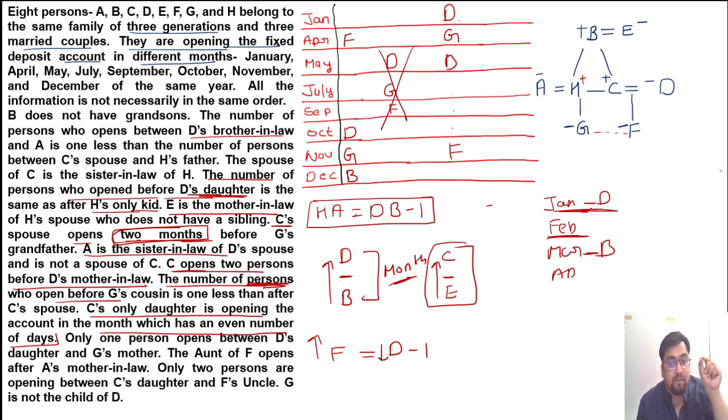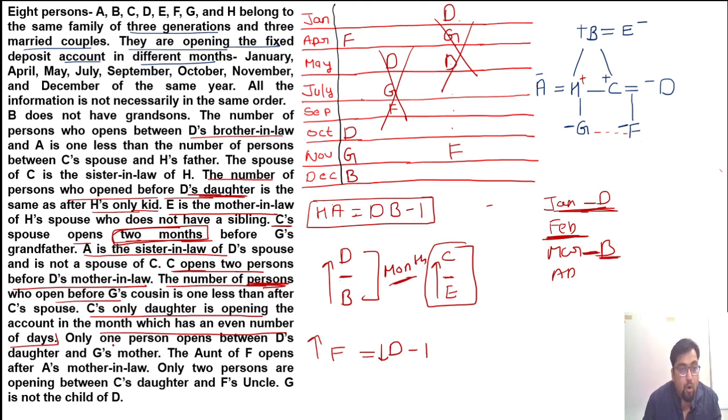Okay, so D is here, then a gap of 1, that is Feb, and then on March B will be there. Then only I can say 1 month or 2 months before D is here. So B must be on March. So it is not possible in this situation, ruled out. Only this is a valid situation. Only this is a valid situation. I hope you are all getting my point, what I am trying to say. Don't forget these small things.